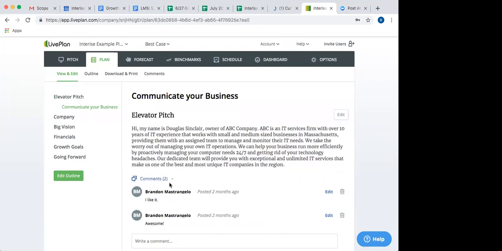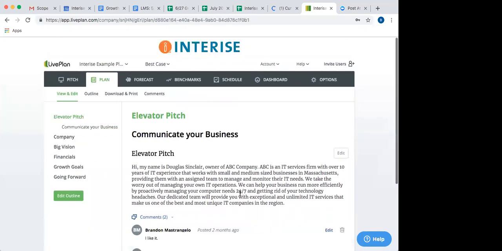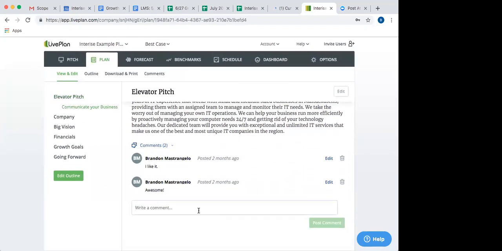Again, there's also opportunity to share it with other people. You could share it with team members. You could share it with a mentor or a coach. You could share it with one of your peers in your class if you wanted to get some feedback on your plan from a peer. And you can control that. You can control who views your plan and who does not. But it's just a really quick way to leave comments. Again, you click the comment, and you just type in your comment, and then you hit post comment, and it's going to leave in chronological order all the feedback that's been given.